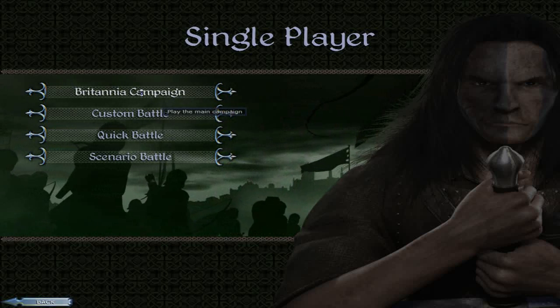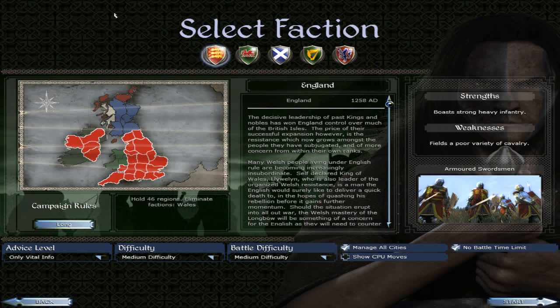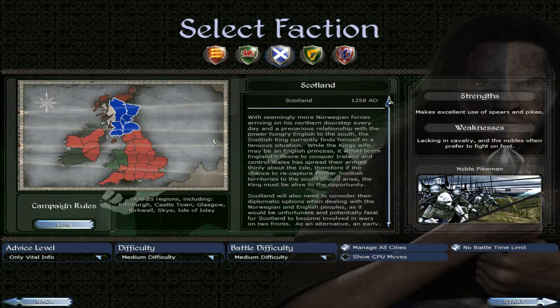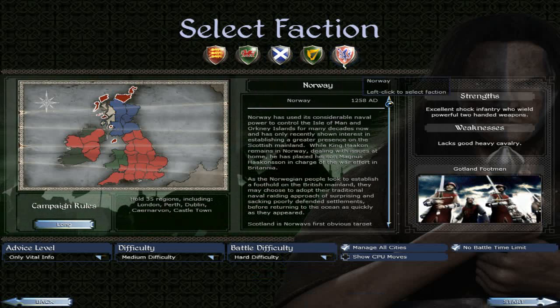So, let's begin by first and foremost picking a faction. Now, we did have a vote. I kind of decided to play out on this simply because it was one of the only vanilla campaigns that really interested me. Unfortunately, it doesn't seem like there was an AI mod for this, so we will just be playing the vanilla game. I mean, hey, I guess that's